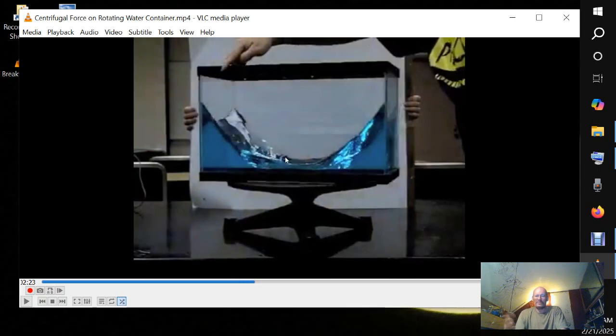What we can observe with our eyes, so that we can call this factual, is that the mass of the water is moving to the outside of the circular path. That's rather evident in what is happening in the center. There's an evacuation of the water. It's all going to the outsides, which, to a commoner, you would think was due to the centrifugal force pulling